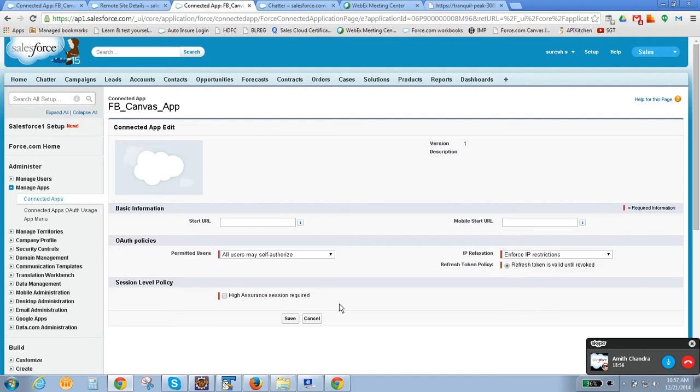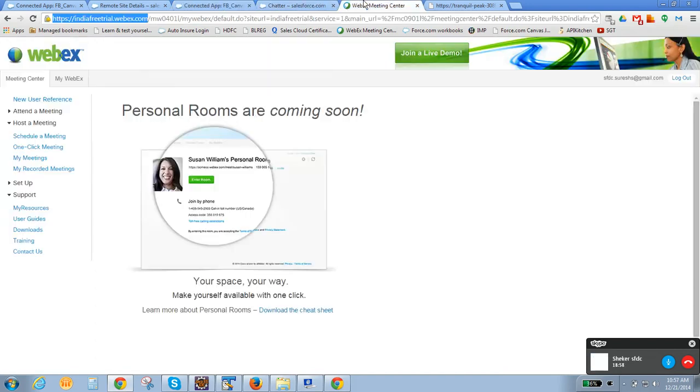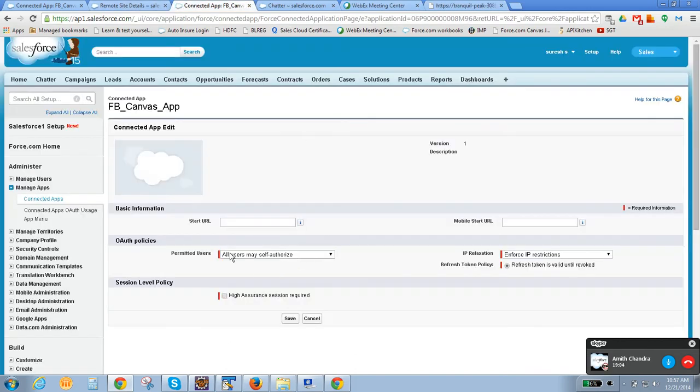You got it. So let's say I hit this URL. If my option is all users may self-authorize, it means no need of checking authentication on this page. Basically, a request will go to this URL with no authentication check.